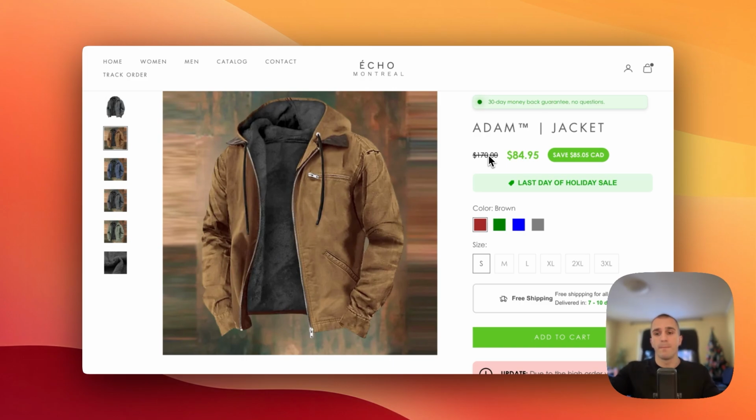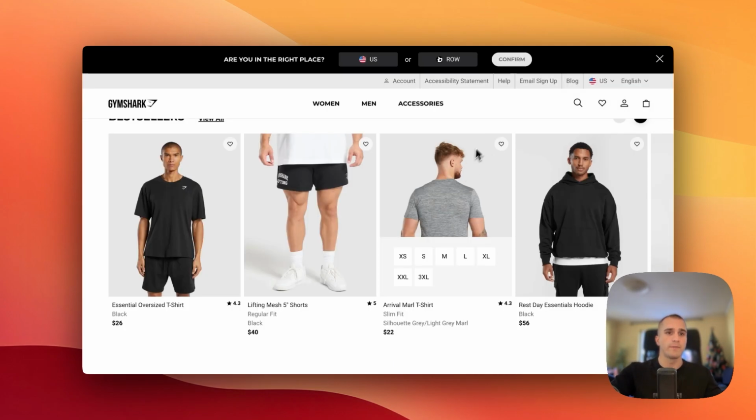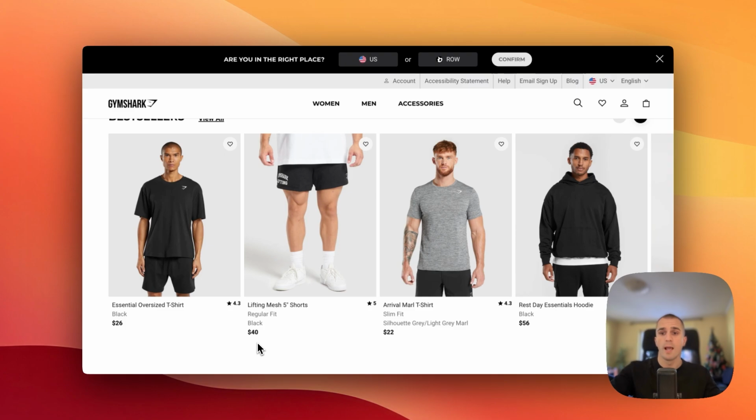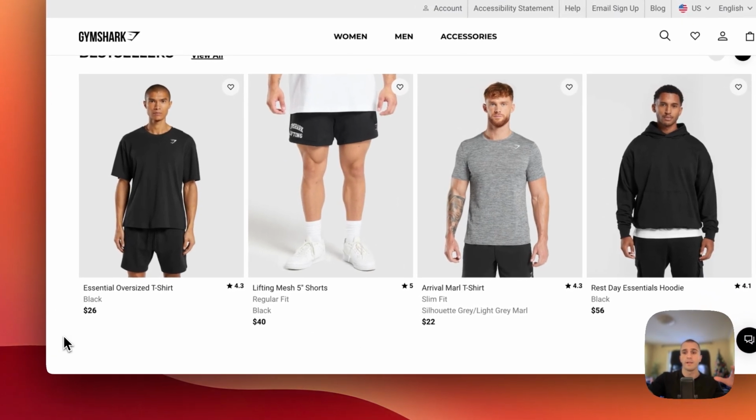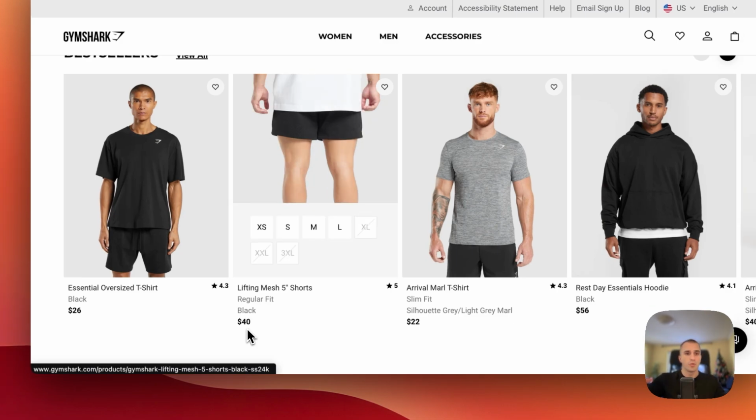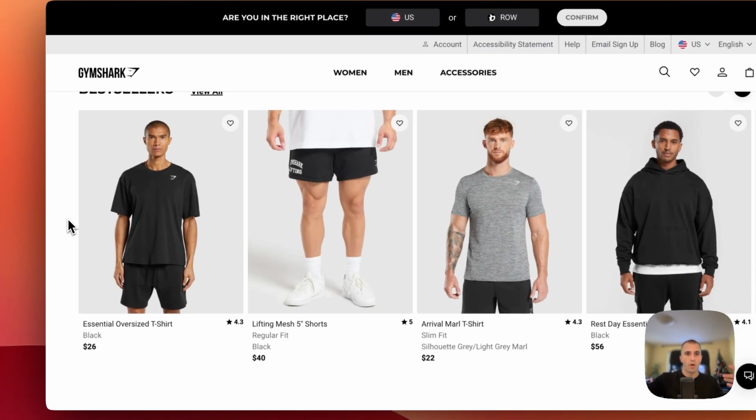So I will show you one example of what I mean by that. Here we have the Gymshark brand. They're selling gym clothes, but they're not just selling gym clothes like every brand. They're highly successful because they have established themselves as a brand that makes their customers feel confident, motivated, empowered and so on. You can see all these people wearing their gym apparel, feeling certain ways, so that their customers, when they're buying their clothes, want to achieve that feeling. They want to get into that state of mind so that they appear a certain way. You can see their models are feeling confident and empowered.